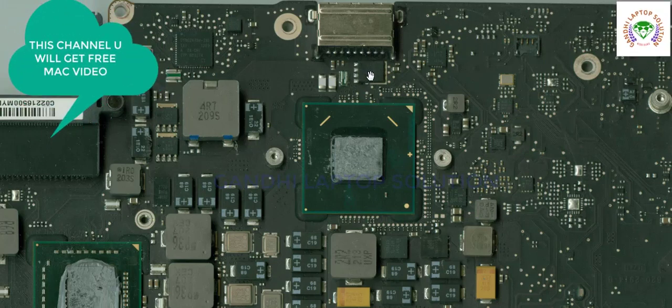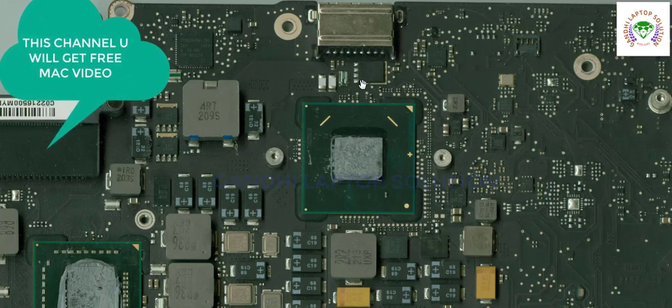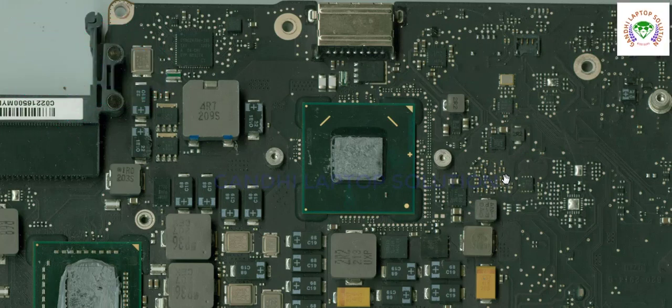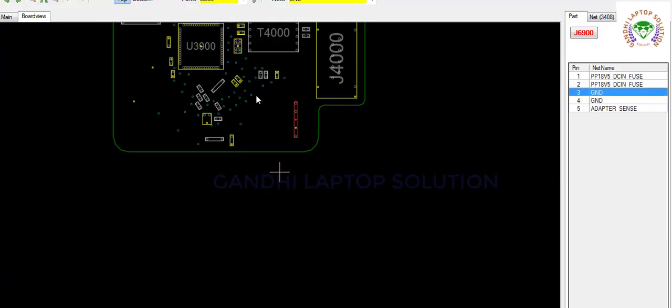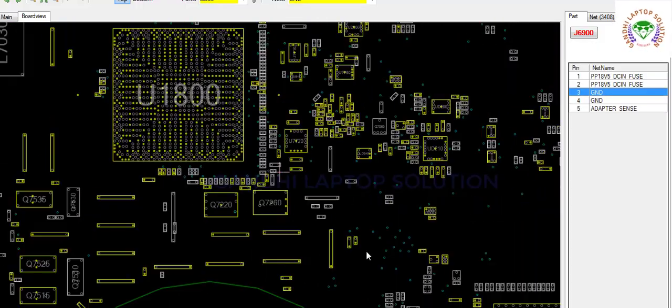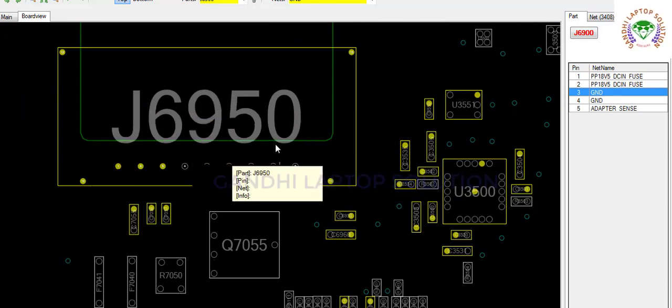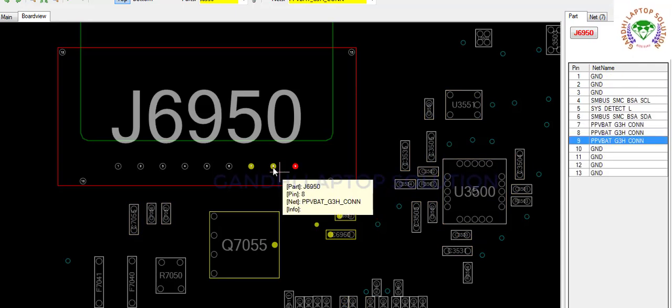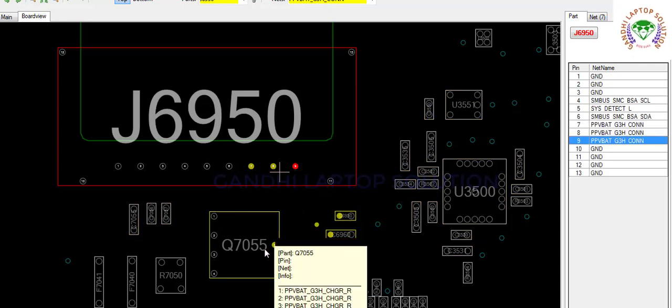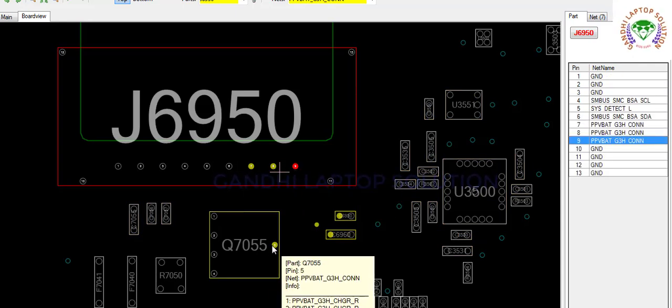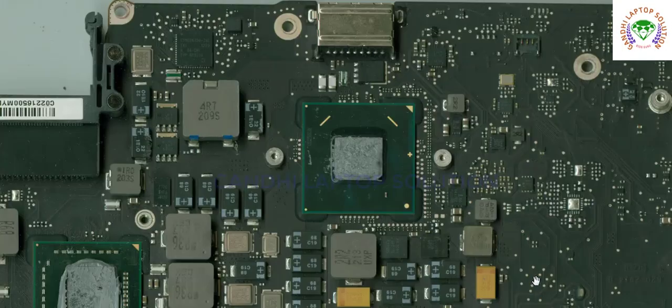From the battery, B plus supply goes to all VIN sections when the motherboard works in battery mode. In the board view, you can see this one is a battery connector, and this 3-pin supply connects with this MOSFET Q7055.